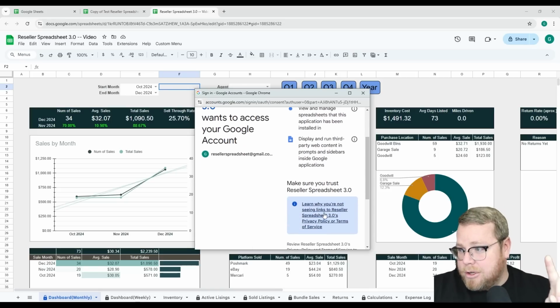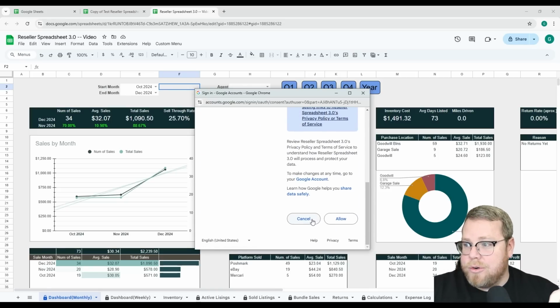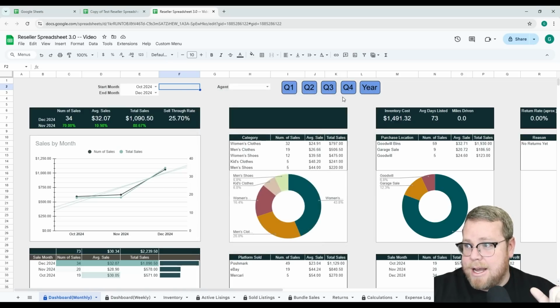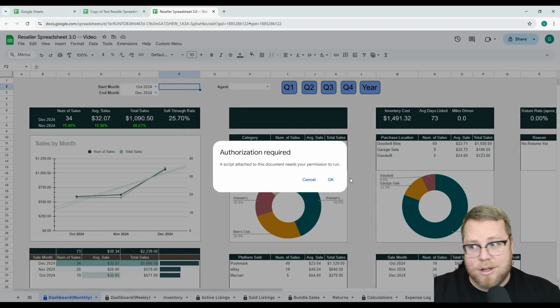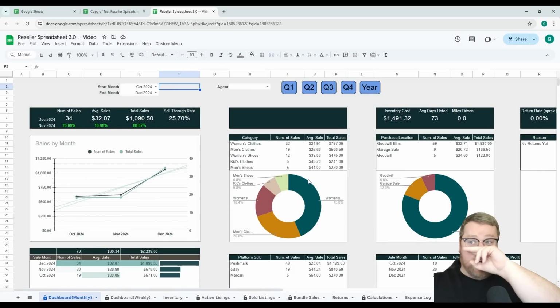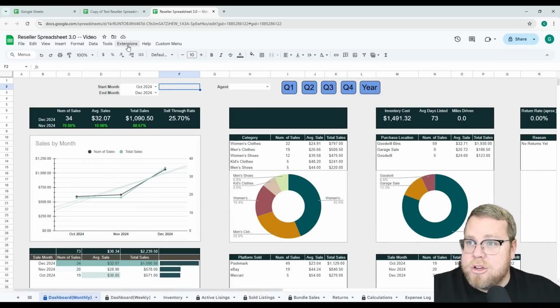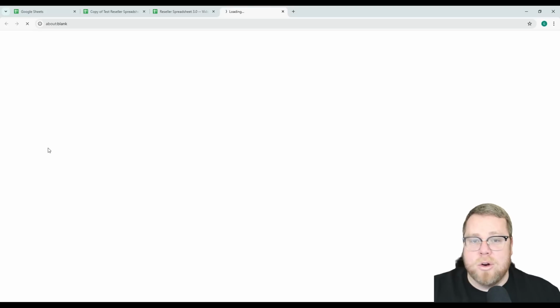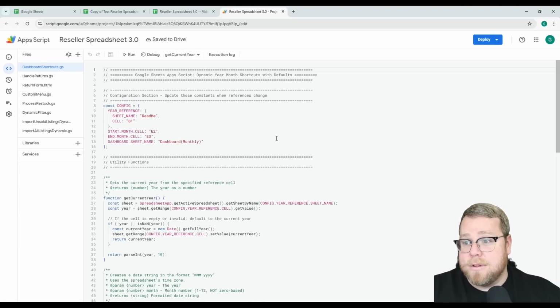Now, if you still don't trust what it is, I'm going to show you how you can actually look at the code yourself if you want to. And so I've declined it. Access is denied, and it's not going to let me do these things as long as I keep doing that. Okay. But if you look up in here and you go to extensions and then Apps Script, it'll open up the Apps Script